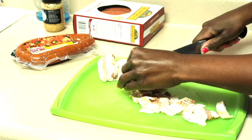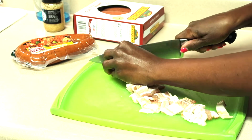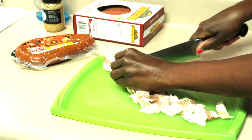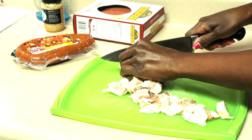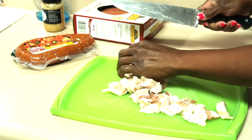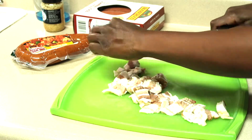Oh, I need to do it this way and I need to do it that way. And a young lady from a church that I used to go to, I have to give her props. She's deceased now, but her name was Sister Lynette Garvin. I was talking to her one time, and she had mentioned to me that